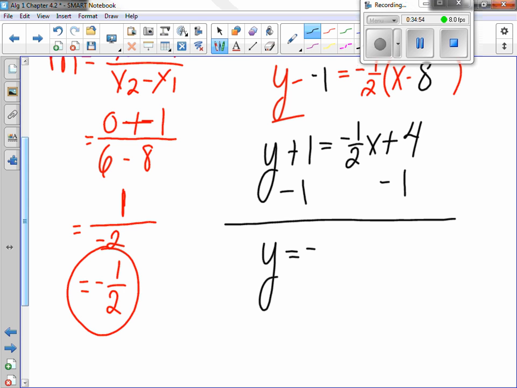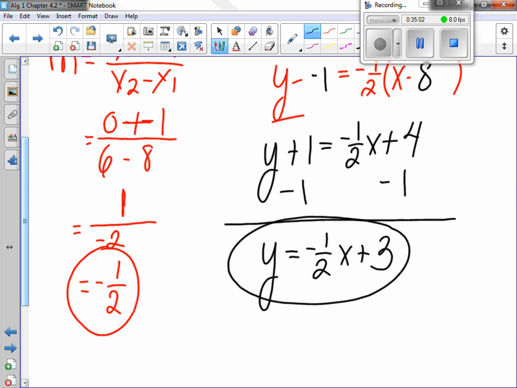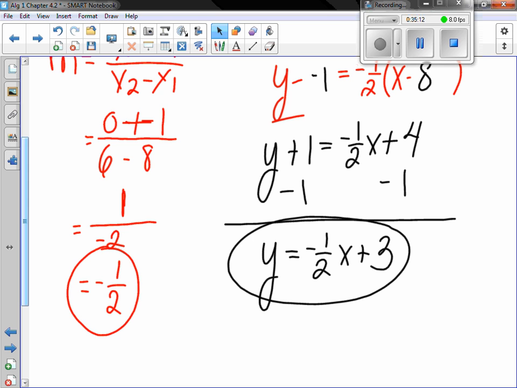Which is this y equals -1/2 x plus 3, it's the exact same, yes? Yep, you keep those. So it really doesn't matter which point we use, as long as we keep the x and y values in the correct spots. But that is it. That is all we are doing for